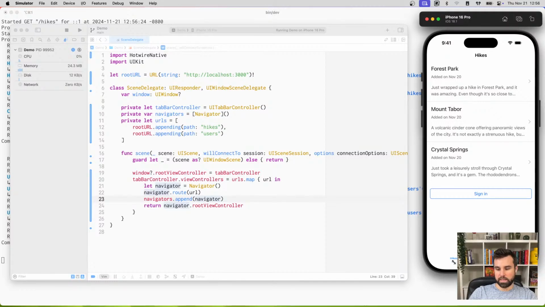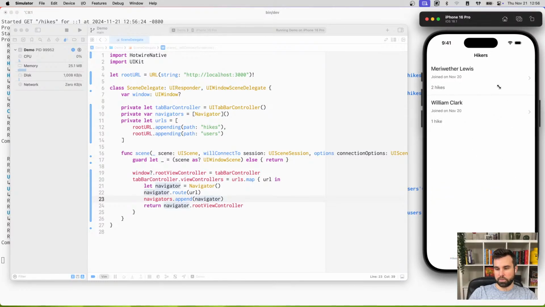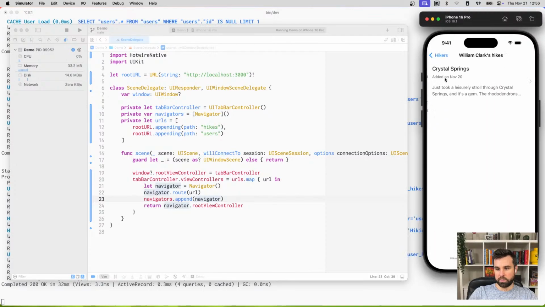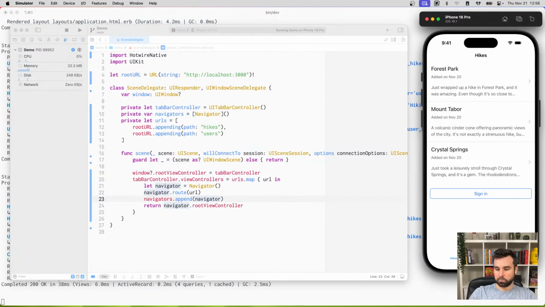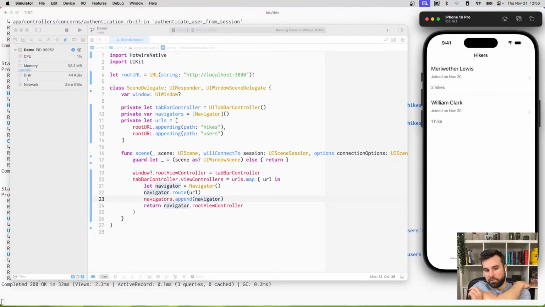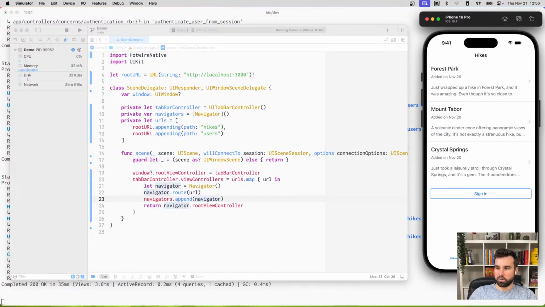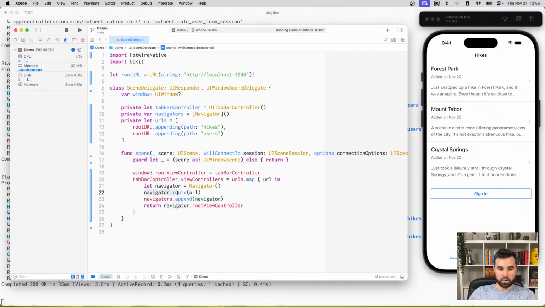So we have our first tab over here pointing to hikes, and we have our second tab here pointing to hikers, which is just another kind of endpoint on our server. This is a very, very bare bones way of getting hike tabs working on iOS. You'd obviously want to set the UI tab bar item to make sure that we can see an icon and stuff. You also probably don't want to route them on the app launch. If you have 5 tabs, that's 5 hits to your server right away. So you'd want to deal with the